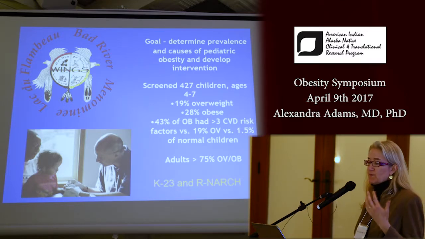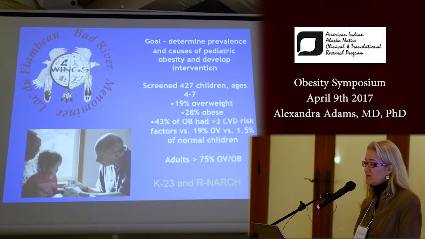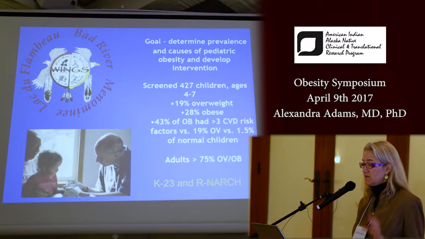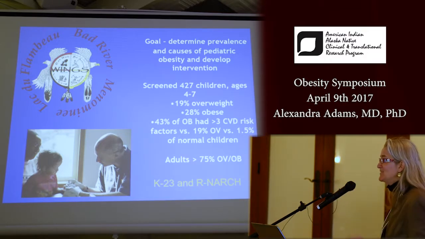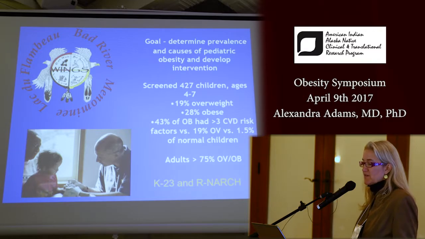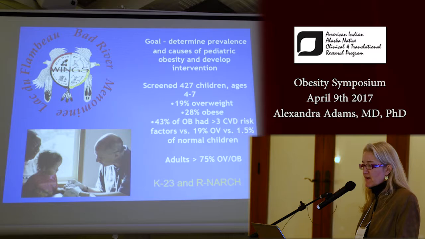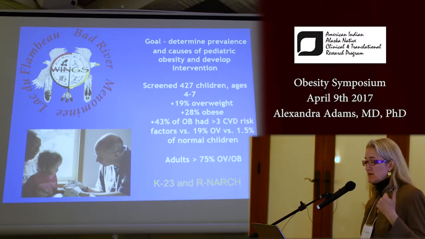And we wanted to look at what the prevalence and causes of pediatric obesity were. So we screened almost 450 children, actually ages 3 to about 8. This is a subset of them, and you can see that the majority were overweight or obese. And of those children, we did actually Cholestech on them, which Barbara talked about, which is a finger stick lipids, and we had 33% of them had cardiovascular risk factors, meaning they had either a high total cholesterol and a low